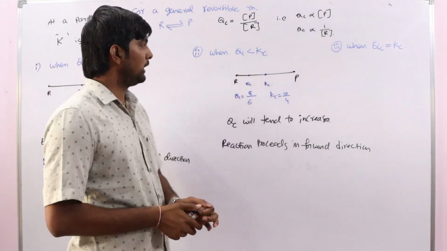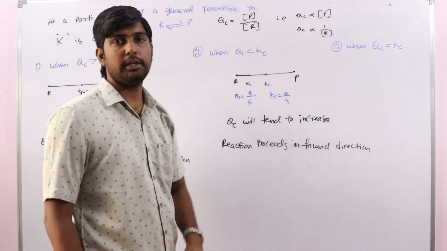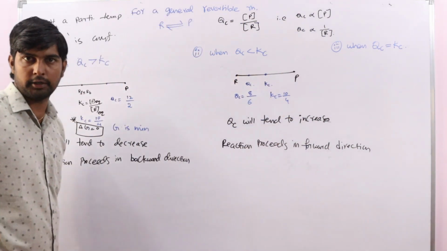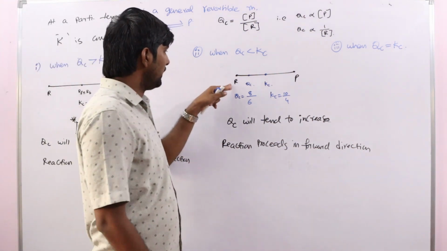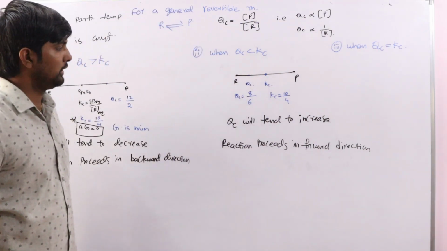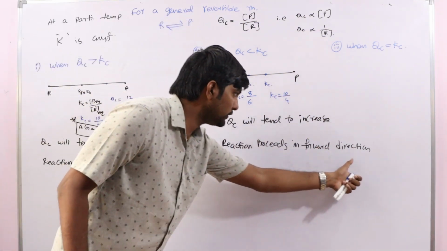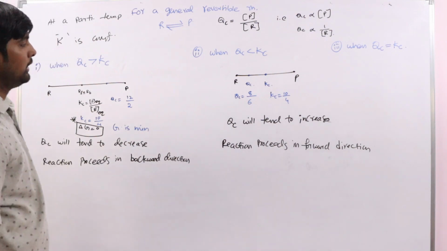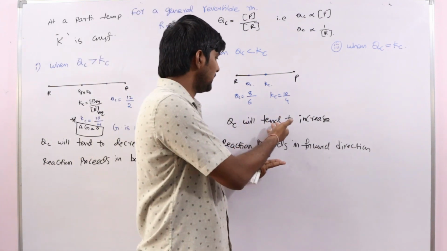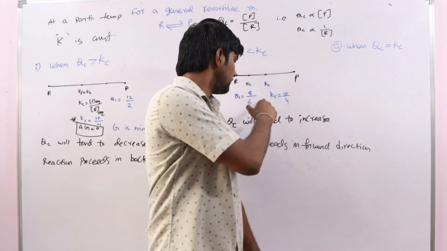Again this one only. Okay, simple. So how can QC value increase? By increasing product concentration and by decreasing reactant concentration. How is it possible? When more reactants convert to product, product concentration increases and reactant concentration decreases. Okay, so then QC becomes equal to the Kc. So that's why QC tries to increase its value, so the reaction proceeds in the forward direction. Okay, clear? Same thing: if you understand this one, no need to do any hard work here, it is very simple.